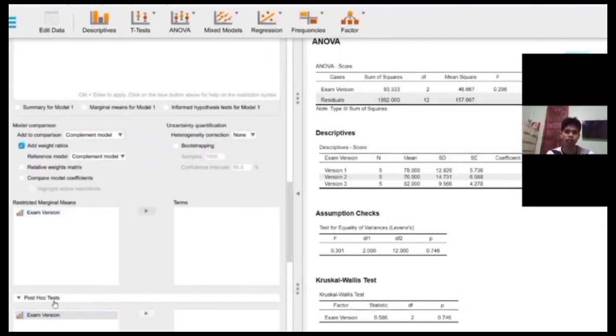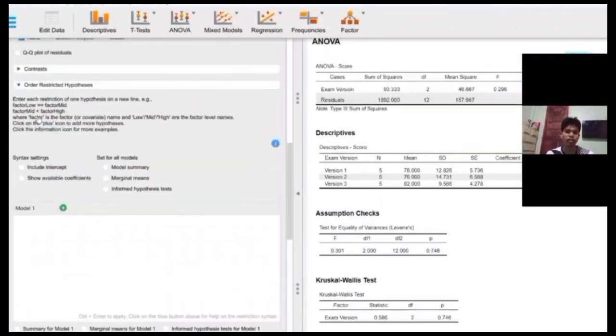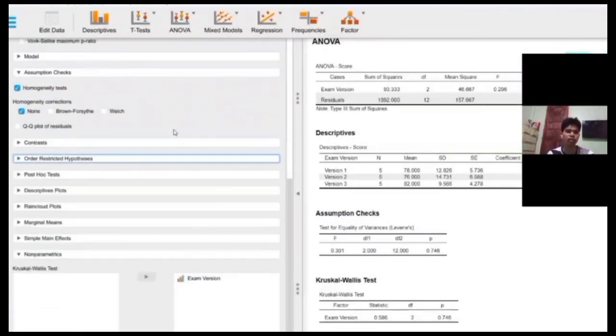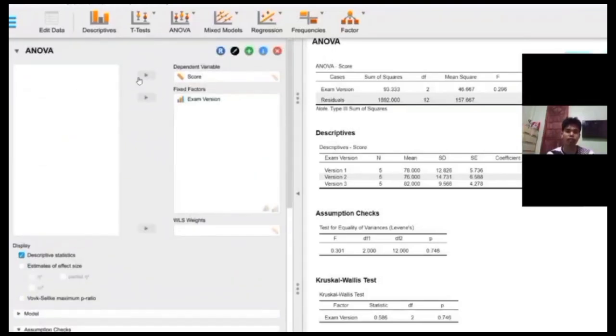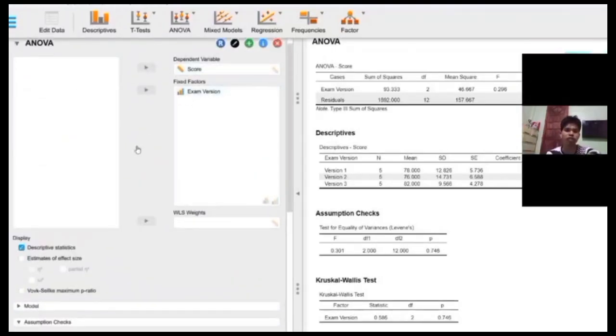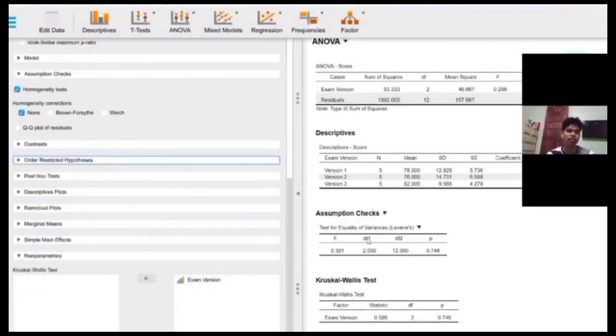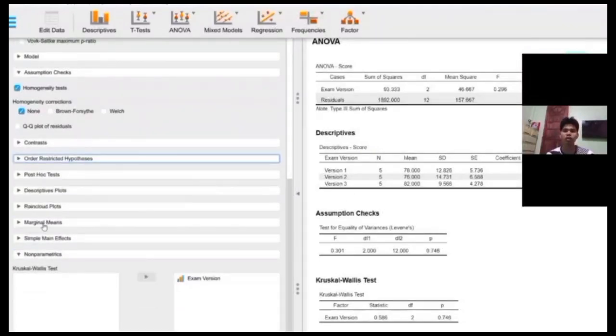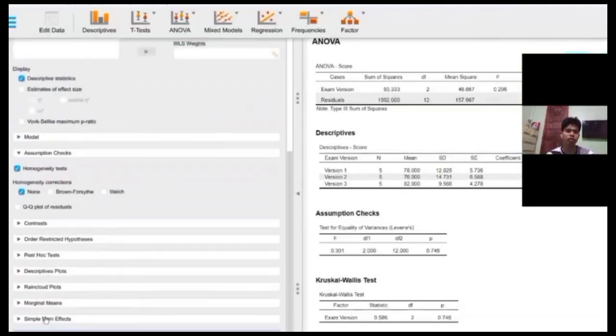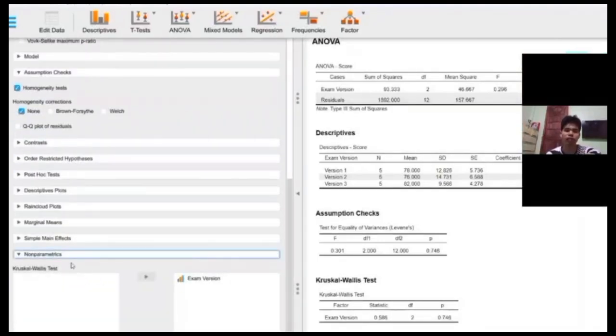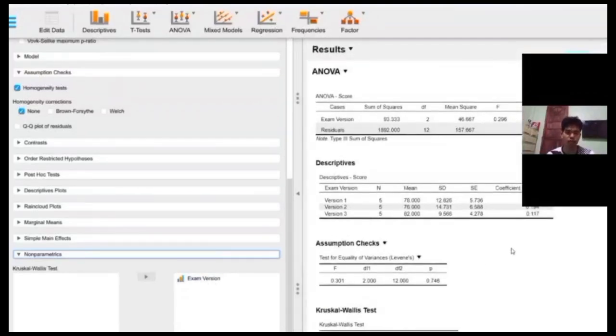But always remember, if the p-value is less than 0.05, it is usually concluded that the differences are statistically significant. We can interpret this as the results suggesting that the exam version may have a noticeable impact on the difficulty level of the Kruskal-Wallis test. Statistics indicate no significant difference between the groups, and the high p-value of 0.746 tells us that any difference between the groups likely happened by chance. In other words, there is weak evidence that the exam version is linked to difficulty level.